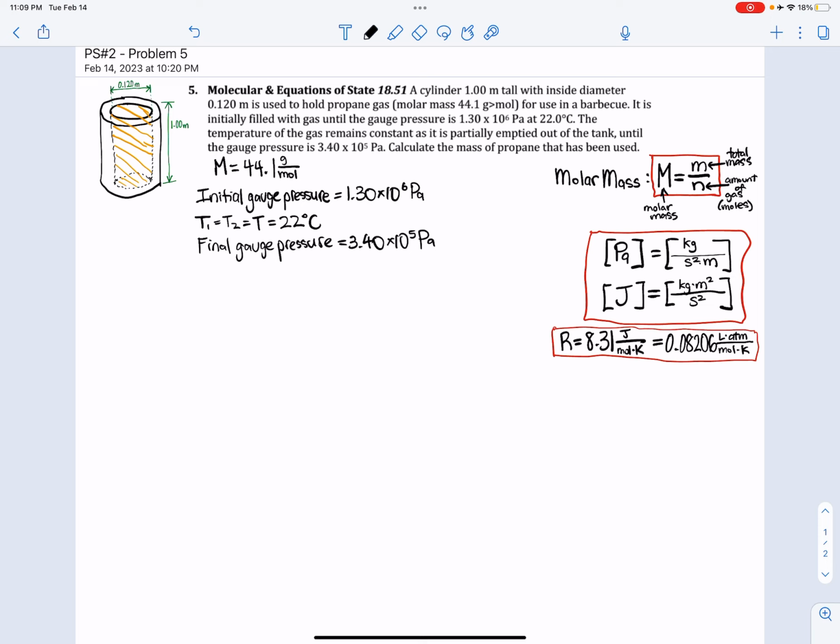And we want to know the mass of propane used, right? So that's this guy. That would be the mass of propane used, which would be our initial mass, M1, subtracted by the final mass, M2. All right, so in order to solve this problem, I'm going to use the equation from chapter 18, section 1, which is the ideal gas law equation, right? And that is PV equals nRT,